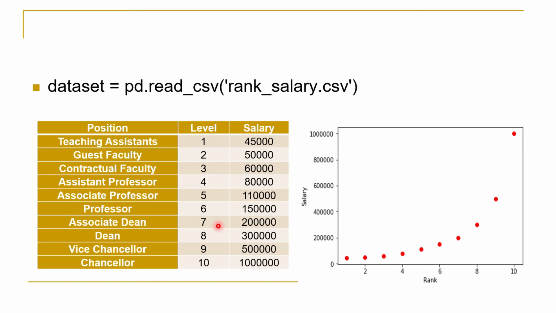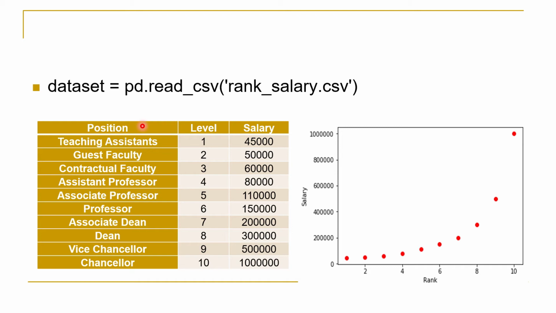We have to predict the salary of employee who is working at a level 7 from last 2 years. It means his current rank will be 7.5. So we have to predict the salary for a level 7.5. In order to fulfill this objective, we have to load the dataset and build polynomial linear regression model over this dataset. Now let us make a thought about our x and y.